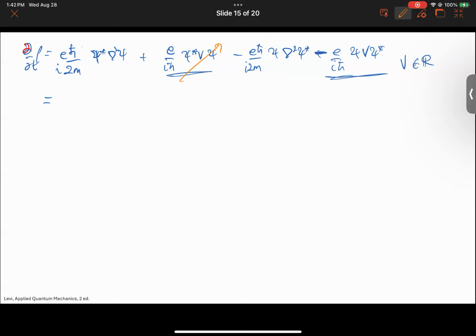We can factor out V, so psi star V psi is just V psi star psi, and this is just V. And psi V psi star we can just call V psi star psi, which is also equal to that. So the two cancel each other. What remains is